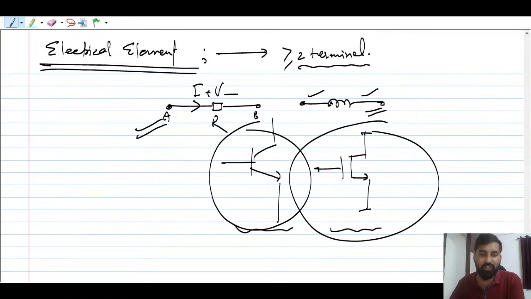What is a terminal? A terminal is nothing but the points where the current can flow. This is very important. So let me take